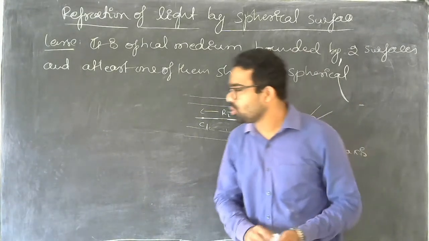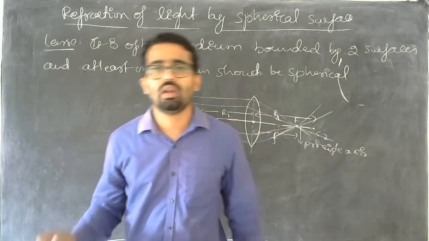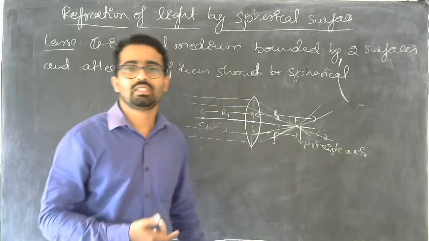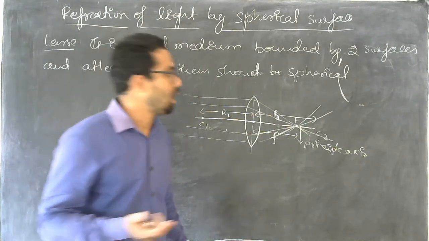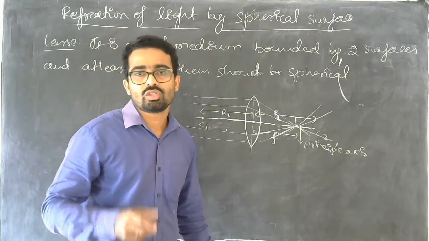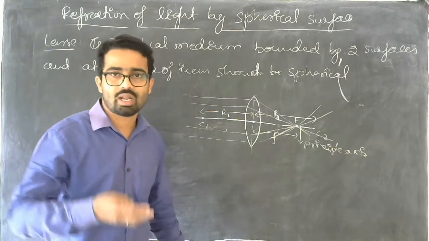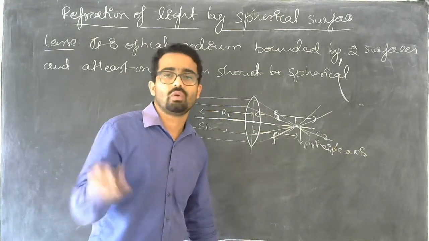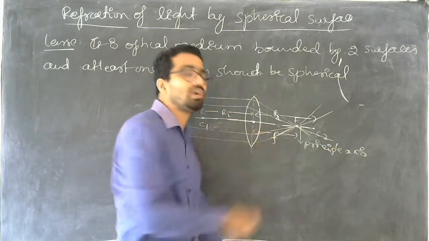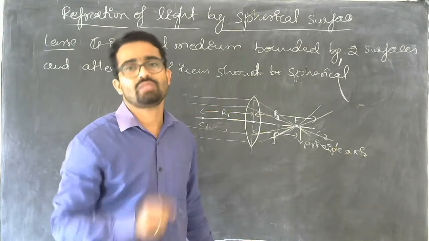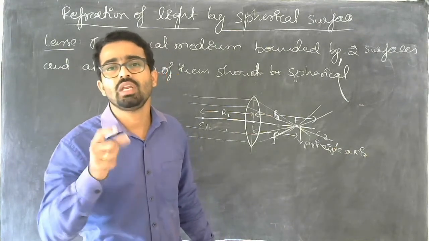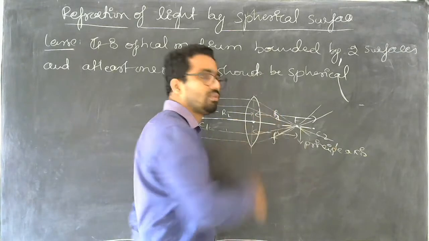So while proving some equations, or while calculating image distances or object distances, we will follow some mathematical sign conventions. Let us see what mathematical conventions we follow. If you write the value of any focal length or a radius, then we will put some sign. These are the Cartesian signs we need to follow while writing the values of those things.